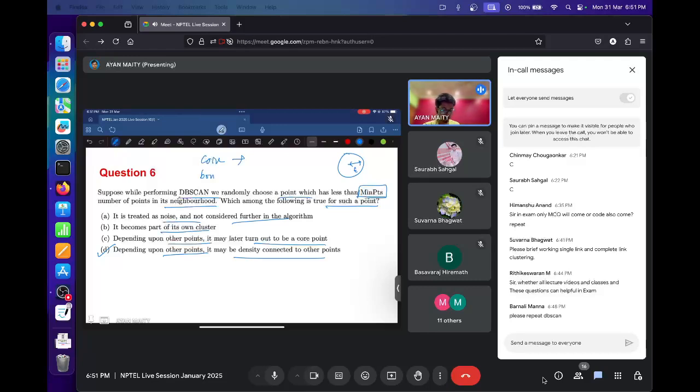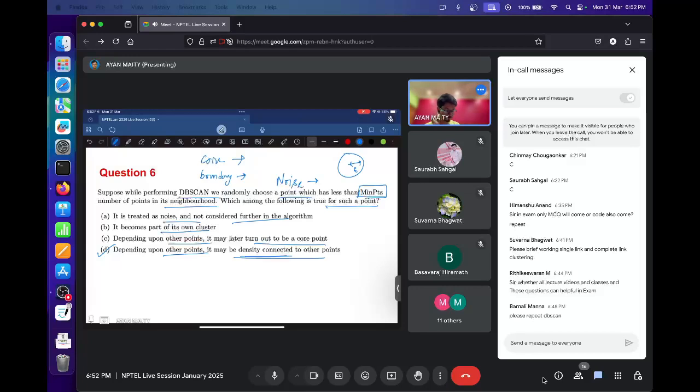Another is called boundary point or density connected point. Those boundary points don't have MinPts number of points in its neighborhood, but it has at least one core point in its neighborhood. And the third type of points is called noise points. These points have less than MinPts number of points in its neighborhood, and there is no core point in its